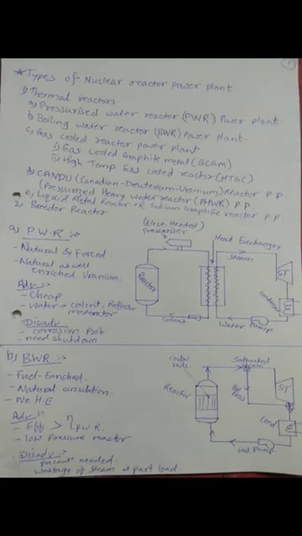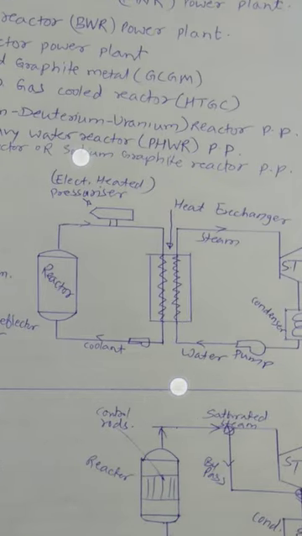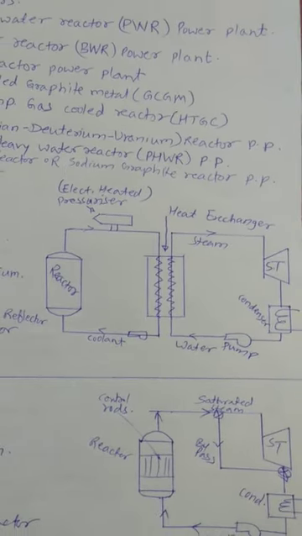So moving forward, the first one is the pressurized water reactor, that is a PWR. The diagram is simple, the same as a normal nuclear power plant, but with the addition of the pressurizer, which is electrically heated, and the remaining parts are the same, as it contains the heat exchanger. Coolant is circulating in the first cycle, which carries the heat from the reactor, and in the second cycle water is circulating, which is converted into steam by gaining heat from the coolant in the heat exchanger, also called a steam generator.